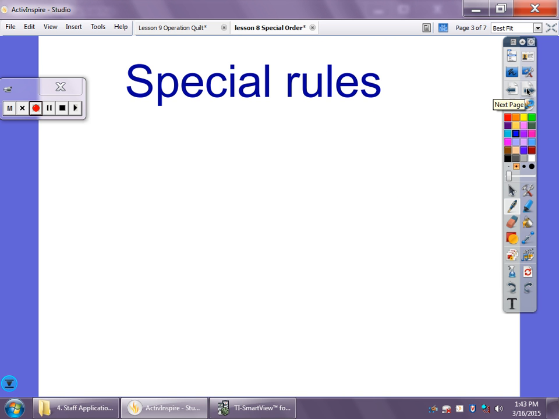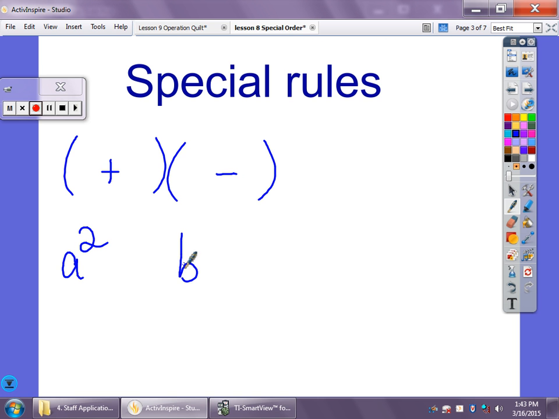Okay, so the special rule. If everything in my parentheses matches except for the symbol in between, I'm going to square the first, square the last, and put a subtraction in between. If, however, the signs match,